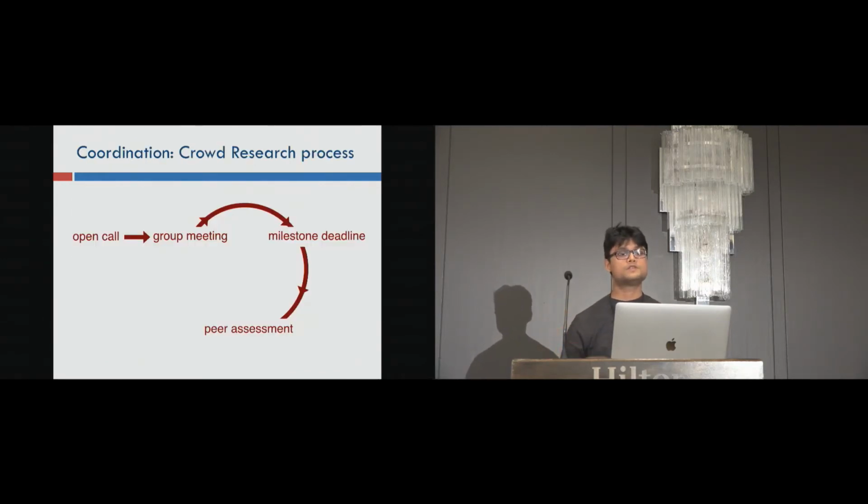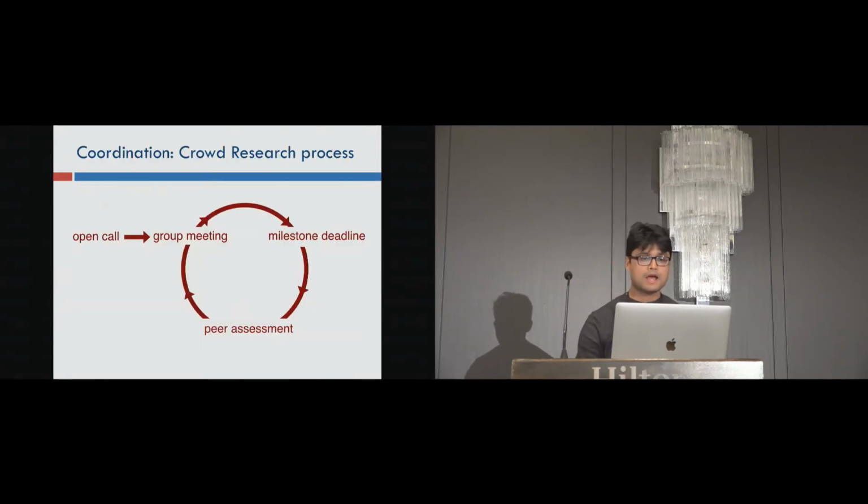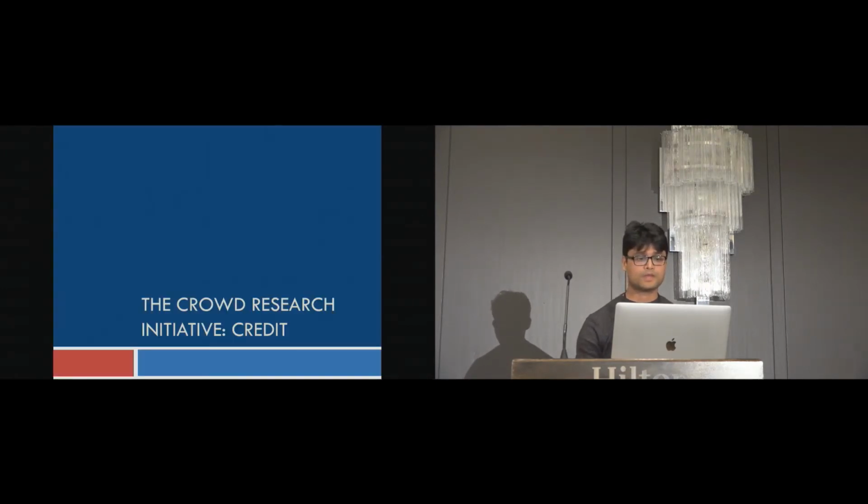Once these contributions were made, the next phase was peer assessment. We really wanted to scale this because a professor's or the PI's time was limited. Our time was limited. So how do we understand which were the top ideas for a given week? We created a Reddit-like tool where people could upvote and post their submissions, and we could get the top ideas every week as a way to assess in which direction to move further. So this formed the high-level overview of how we coordinated as a 4-phased process.